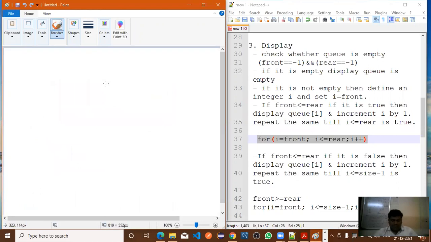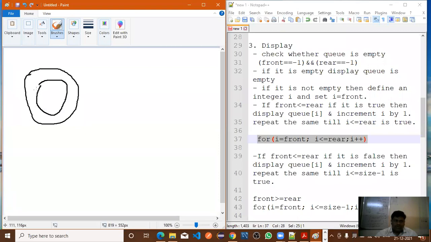Now suppose you have a diagram like this. 0, 1, 2, 3, 4.